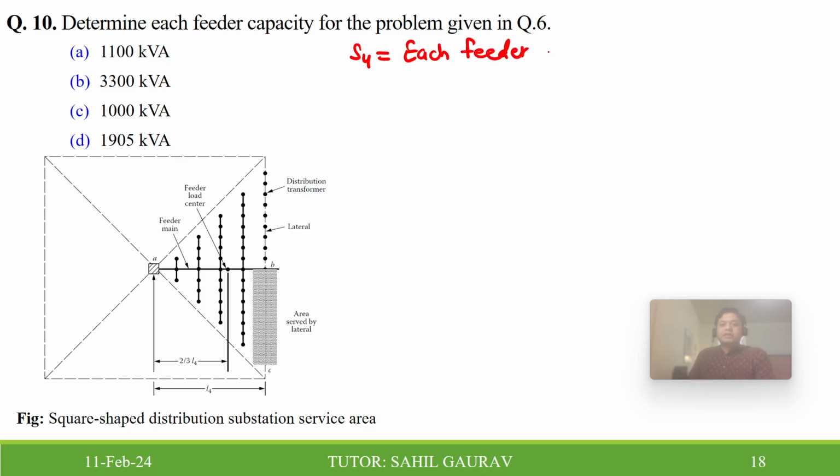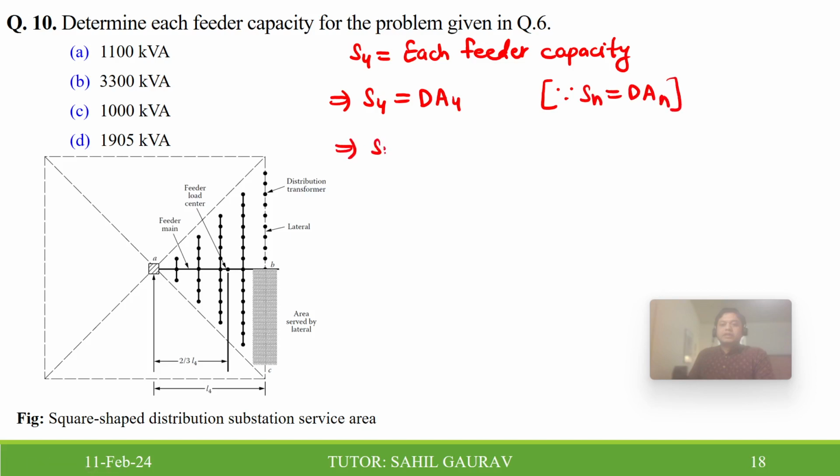Each feeder capacity. So we have seen that Sn is equal to Dan. So here it will be represented as S4 is equal to D into A4, since Sn is equal to Dan, and again we